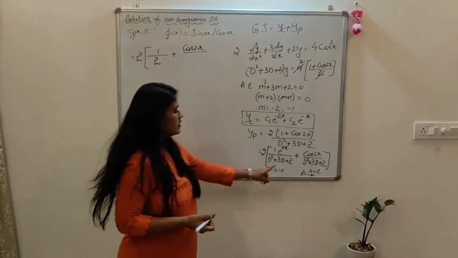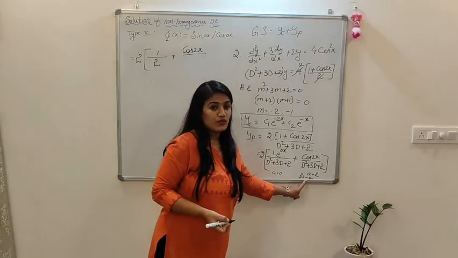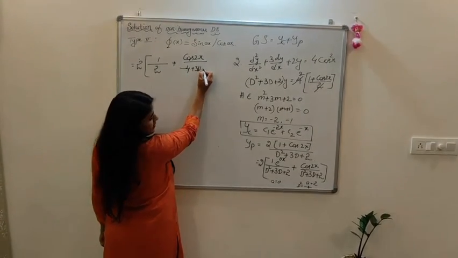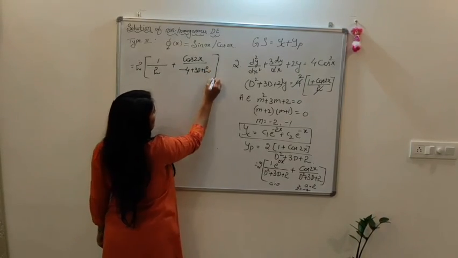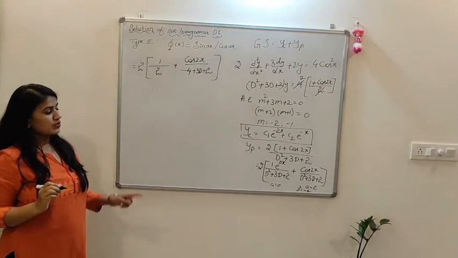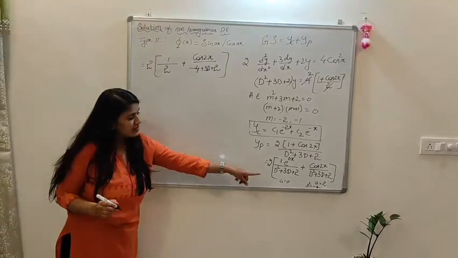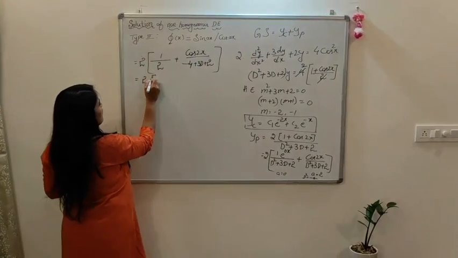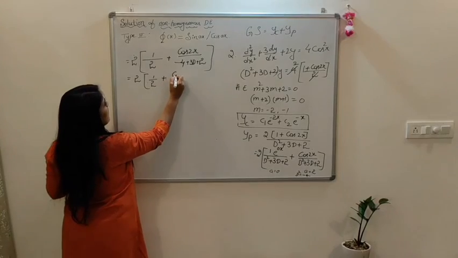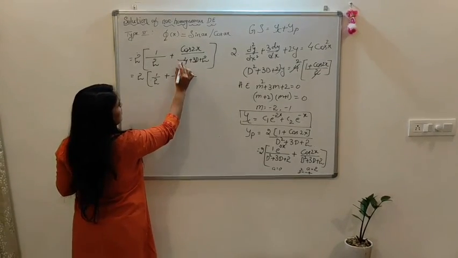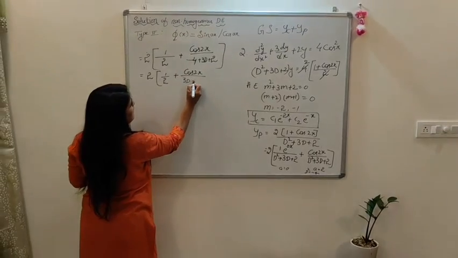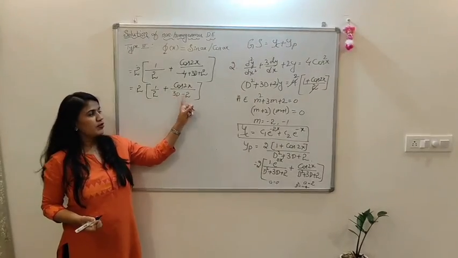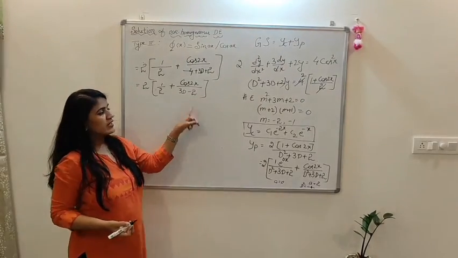divided by d square. See, d square replaced by what? Minus 4. So I write it as minus 4 plus 3d plus 2. For d we should not replace anything. The substitution is only for d square. That's what, only substituted for d square term. Second term 3d is retained as it is. So now 2 times of 1 by 2 plus cos 2x divided by minus 4 plus 2, minus 2. So 3d minus 2. Now we can observe that d still it is there. Problem not yet completed. For yp we have to continue with this.